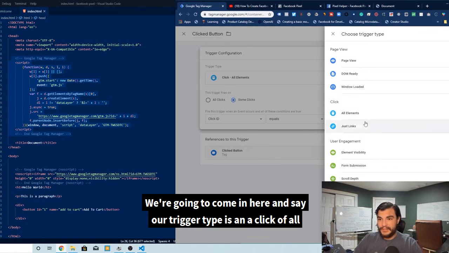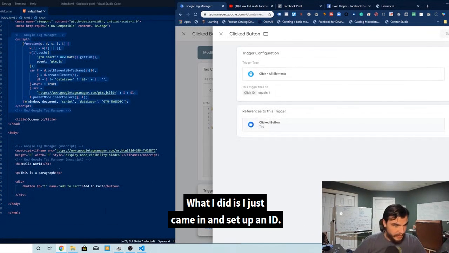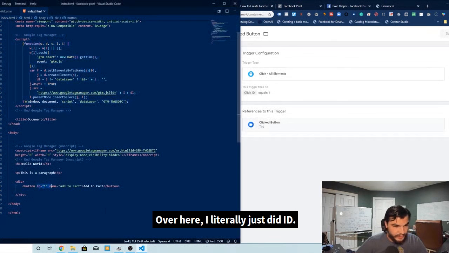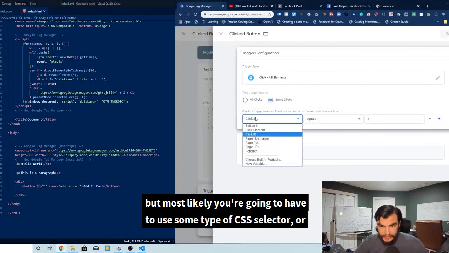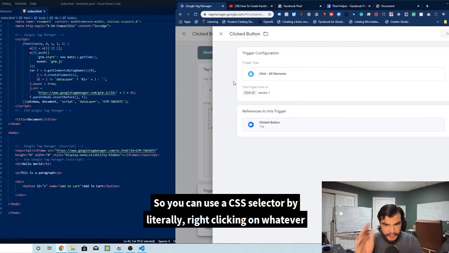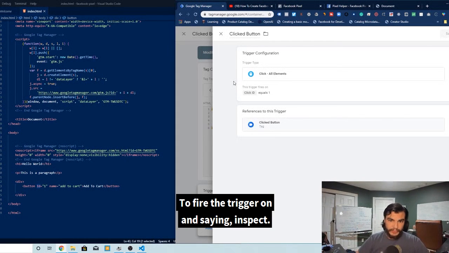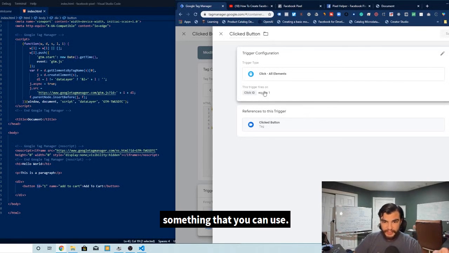We're going to come in here and say our trigger type is a click of all elements. And we're going to switch this from all clicks to some clicks. What I did is I just came in and set up an ID over here. I literally just did ID, but most likely you're going to have to use some type of CSS selector or something like that. You can get a CSS selector by right clicking on whatever element you want to fire the trigger on and saying inspect, and then you'll be able to get all of that code,